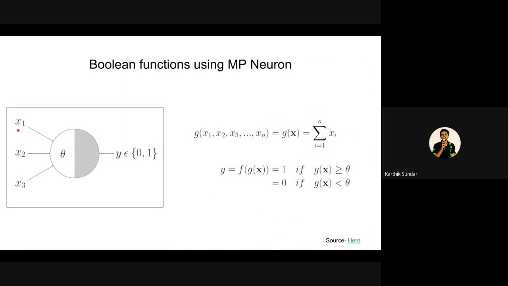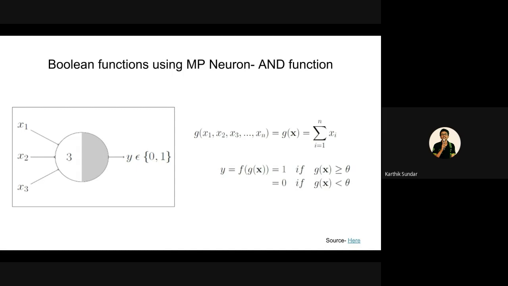My question is, we have 3 Boolean inputs, x1, x2 and x3. We are aggregating them, and we want to generate an OR output, which is an OR function. So what will theta be? What should be the threshold? Okay, maybe I'll just give you the first model. Later we'll have an interactive session.